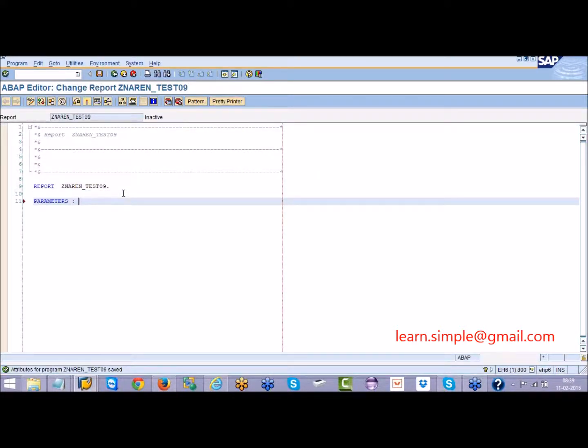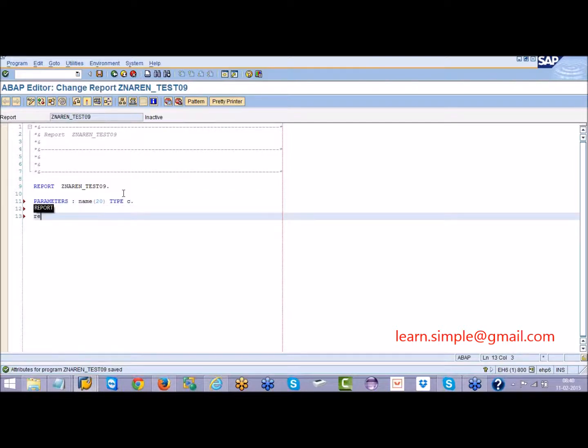I have a variable called name whose length is 20, type C, and I will say replace GAN with RAM in name.